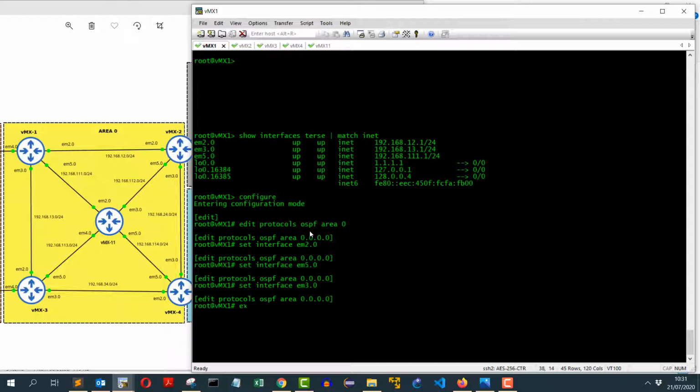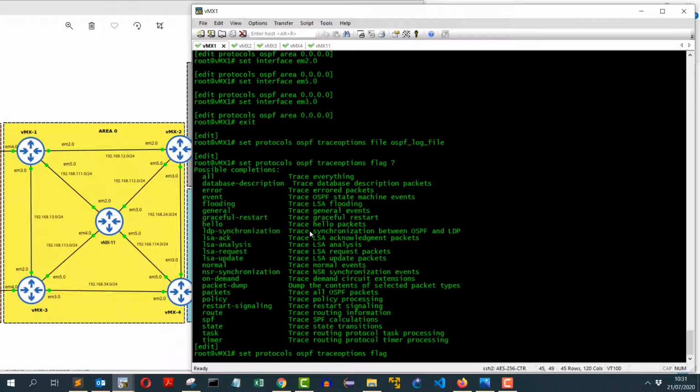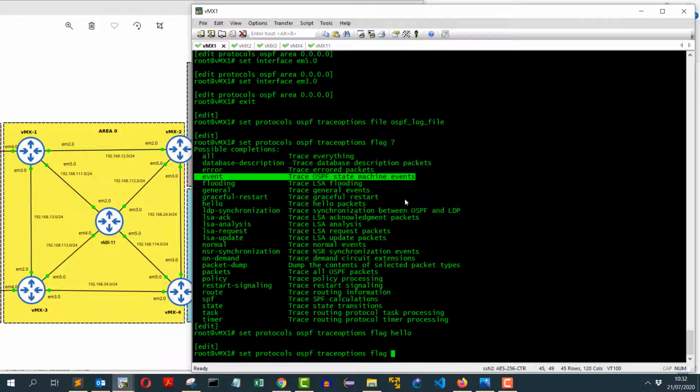One more thing I want to do before I go is set the trace options so we can monitor when the adjacencies come up. I'll set up a file: set protocols OSPF traceoptions, and the file I will create to store the logs is ospf-log-file. Then set protocols OSPF traceoptions flags, and the things that I want to monitor are hello packets and state.